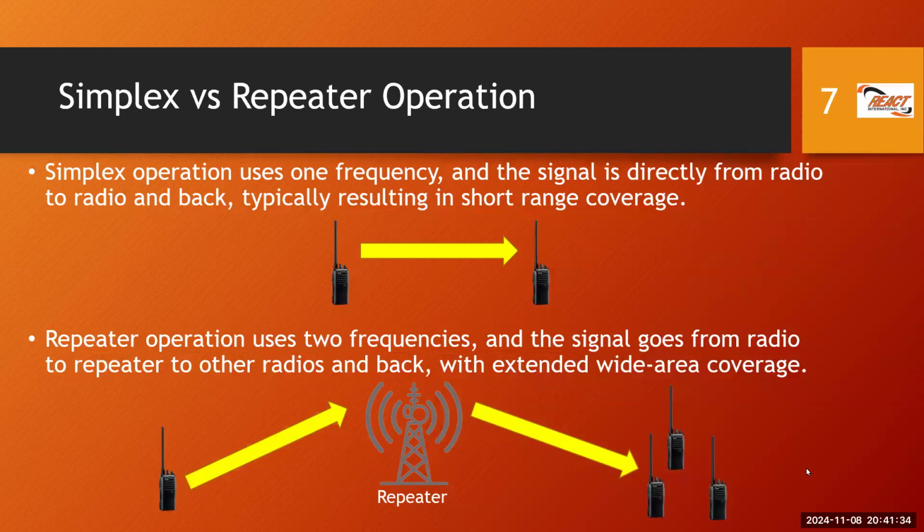Of course, repeater operation tends to be wide area. So I may be in Diego Martin and someone else is in Curepe. I am transmitting from Diego Martin to a repeater in Cumberland Hill, and that repeater will transmit and persons in Curepe will hear that transmission, and vice versa. When they transmit from Curepe to the repeater, it will retransmit or rebroadcast the message, and I will hear that signal in Diego Martin. So that's the power of a repeater.